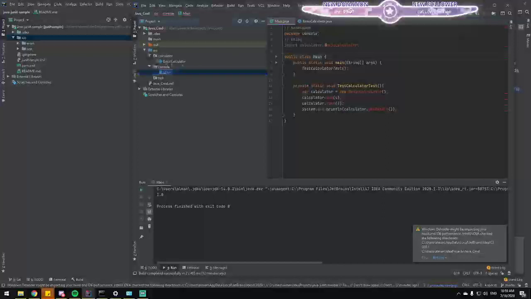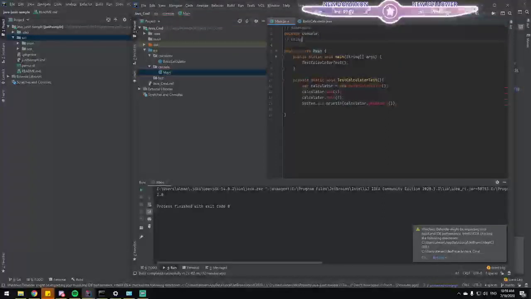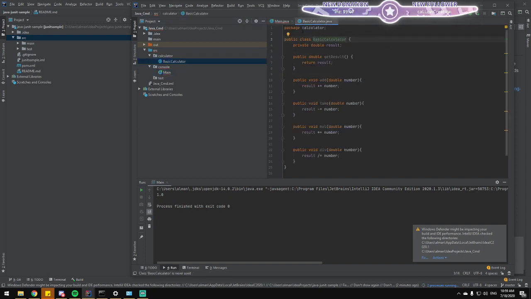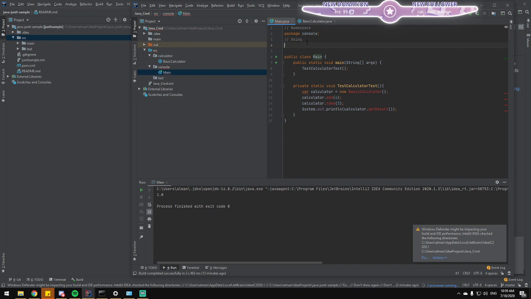What's wrong? Does it have a suggestion? Import, no suggestion. Package console, main. Package calculator. Package console, package calculator. Why is import calculator not working?